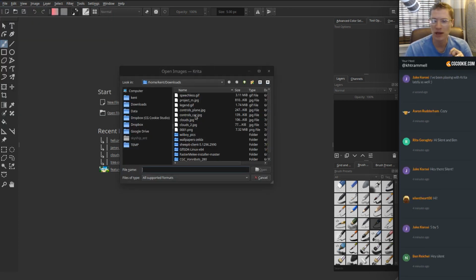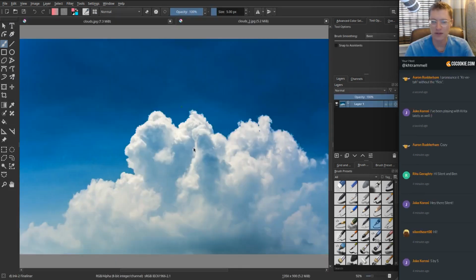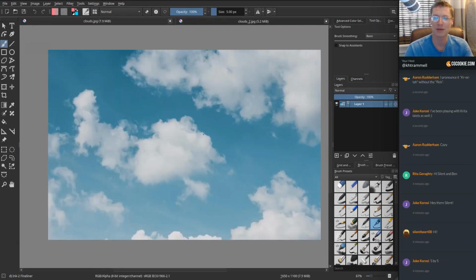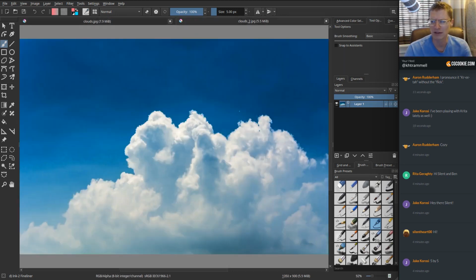Let us open, let's see, Clouds 1 and 2. So this is the one I've been using, and I found it on Unsplash just like the other one. What I like about it is that 50% kind of cloud coverage, still a very blue sky. It was just appealing. This one is different. It's just one mass of clouds, but